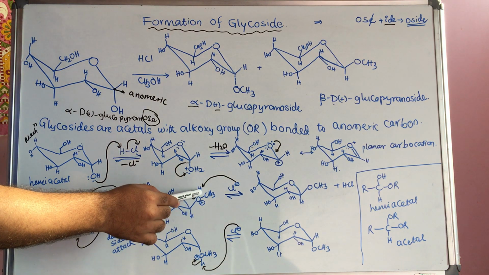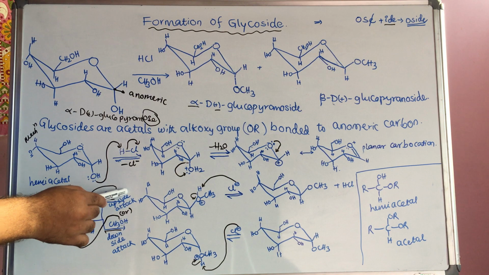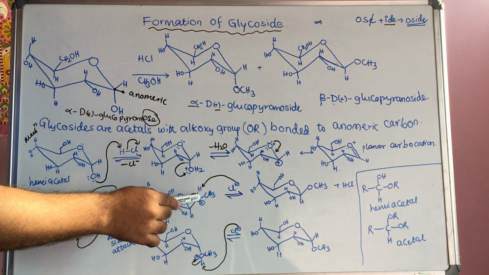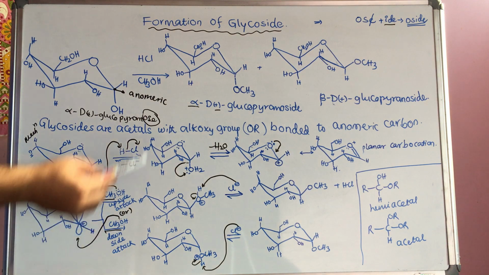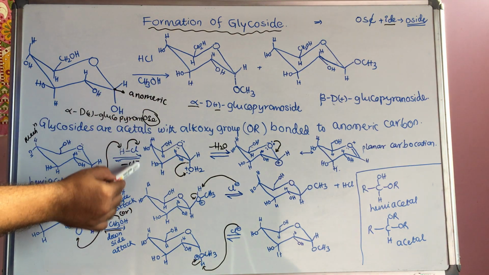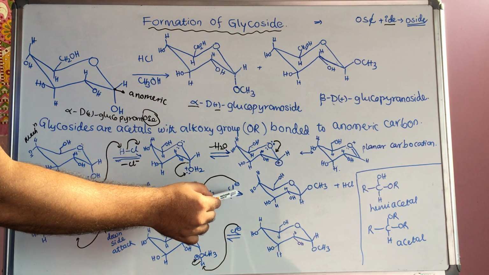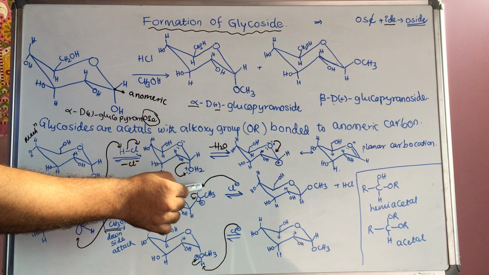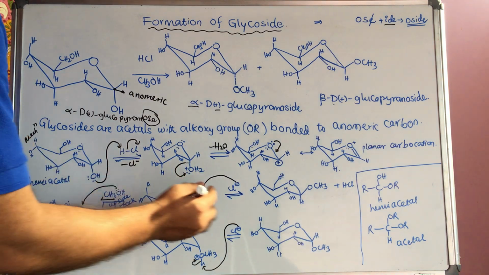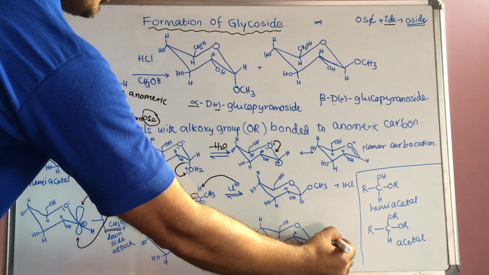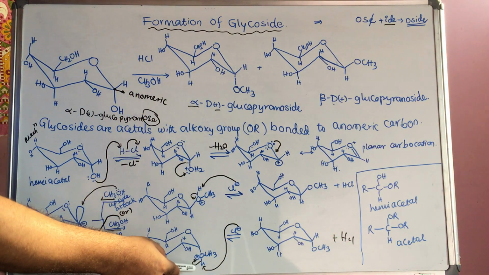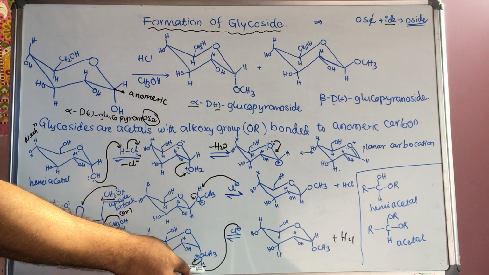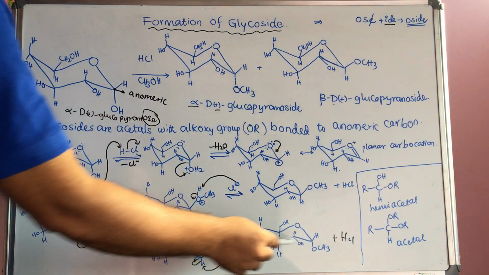So this CH3OH has a positive charge. Oxygen forms 3 bonds when it is positively charged. Then the eliminated Cl, this Cl will be attacked here. Cl means this nucleophile takes H plus, then it is eliminated as HCl. Here also we can write HCl. So here also it is a downside attack, then Cl minus takes the H plus and is eliminated as HCl.